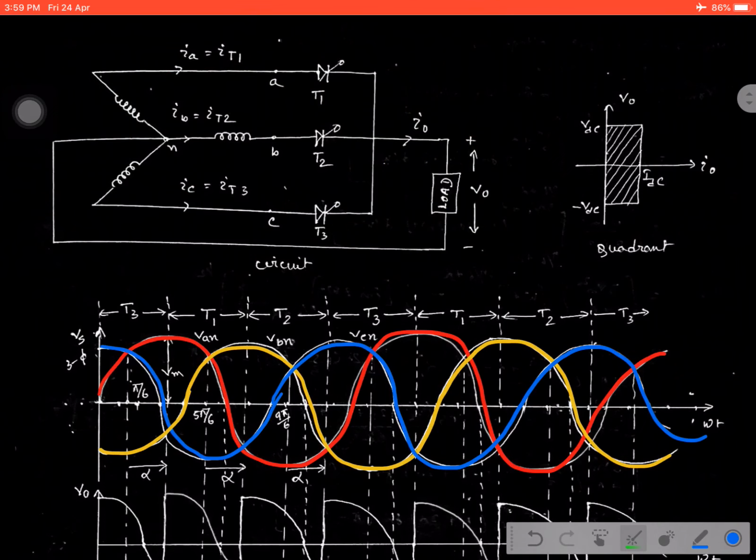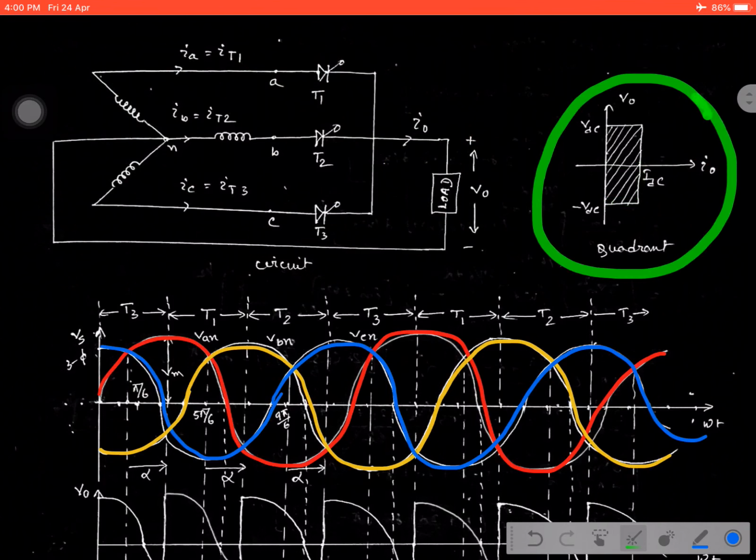thyristor T1 is fired, the current starts flowing in the forward direction, as well as the voltage appearing across the inductor is in the forward direction. That is why it will cover the first quadrant operation. But when T1 stops conducting and the inductor starts discharging, the current direction remains the same for the inductor charging and discharging path. That is why current is positive during discharging of the inductor, but the voltage appearing across the load is negative. That is why it will cover the fourth quadrant operation. That is why due to the presence of a highly inductive load, the operation can cover two quadrants.